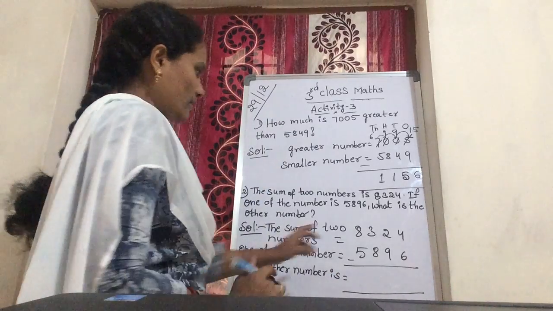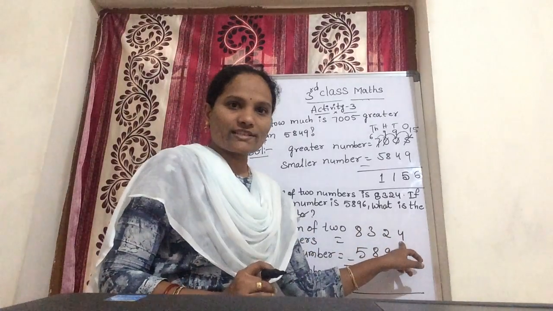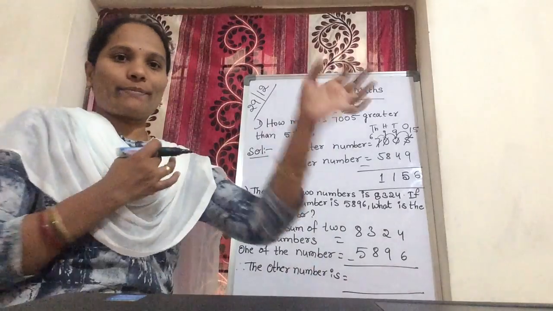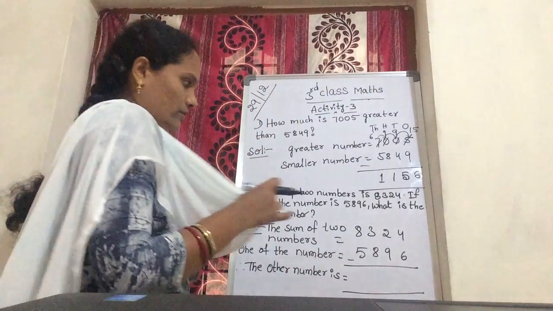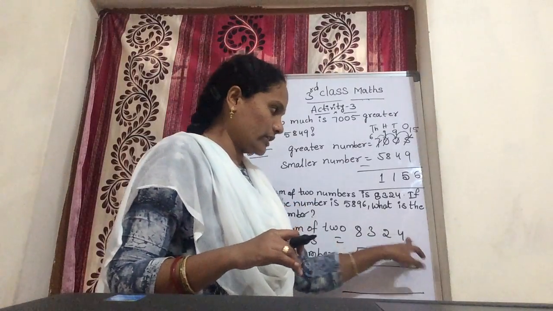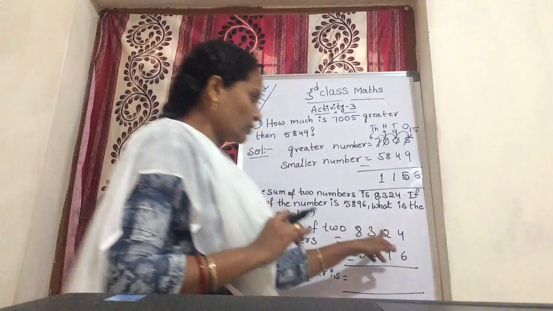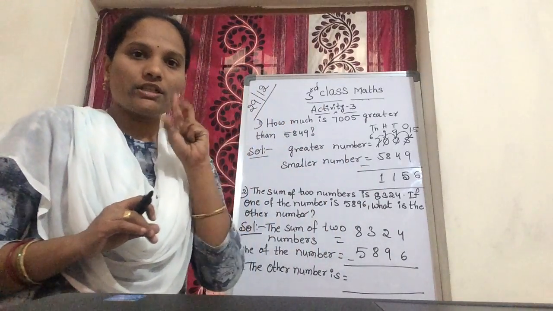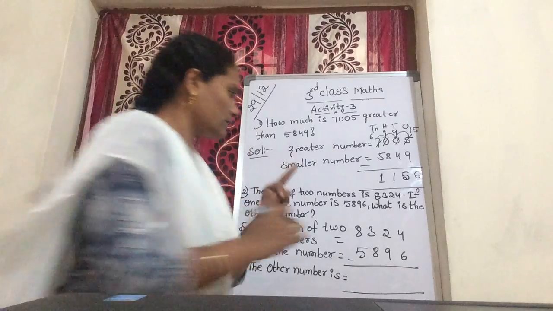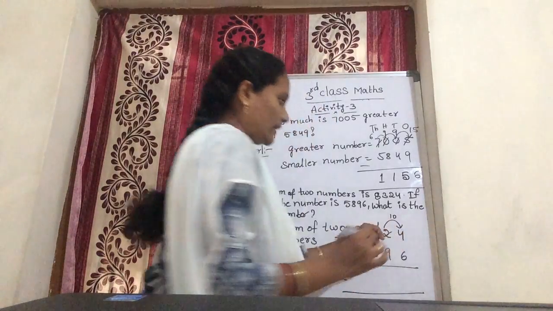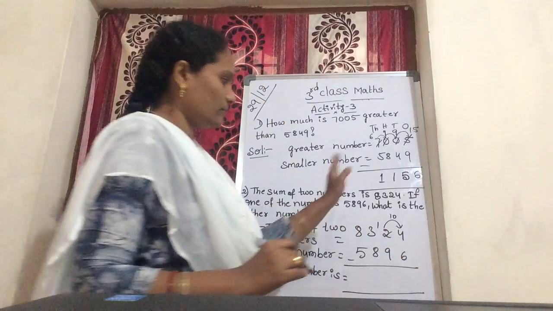Now doing subtraction. 4 minus 6. 4 is the small number, 6 is the big number. So 4 minus 6 we cannot subtract. So you are borrowing from hundreds. From 2 we borrow, so 2 decreases. 2 minus 1, only 1. So from 1 you are taking how much borrowing? 10 borrowing. You are taking 10 borrowing.